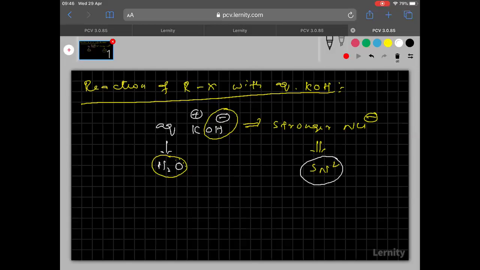Clear? In SN2, you know what is the order of reactivity? Primary greater than secondary greater than tertiary. And this also you know, that SN2 leads to inversion, 100% inversion in SN2. Hope you are able to understand. Right. Now in the next slide, I will take some equations to explain this.